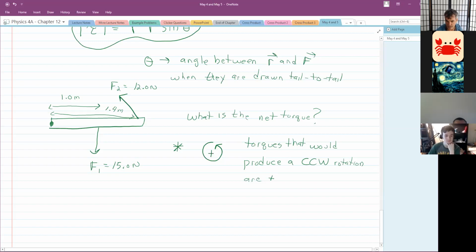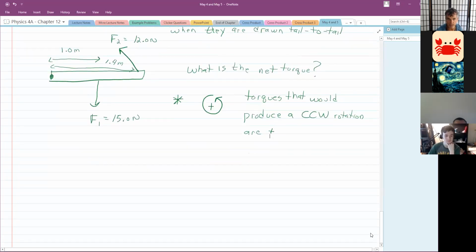So in this particular little generic example I just set up, F2 is going to cause this to rotate counterclockwise if that was the only force acting on it. So F2 would produce a positive torque. F1 would produce a clockwise rotation if it was the only force acting on it. So F1 is producing a negative torque. So if I want to know what is the sum of the torques,